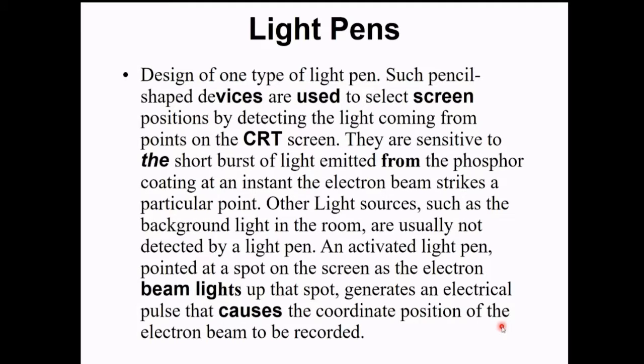So what it says is, it points at a particular point on the screen, as the electron beam lights up that spot. So that is the functionality of this light pen. It tries to concentrate on a particular pixel or coordinate, and if you point at that point, it will record it, and the remaining things could be added by the manufacturer or the developer to serve the purpose.